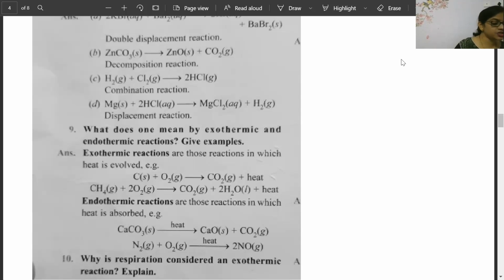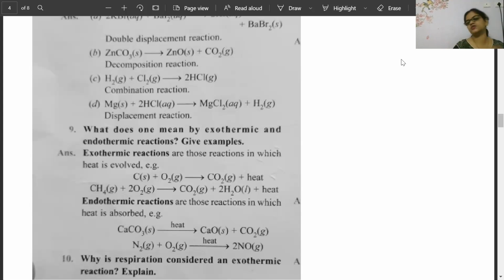Okay, Bhumi: respiration is an exothermic reaction because during respiration, glucose combines with oxygen in the cells of our body to form carbon dioxide and water. Very good, Saranya. Respiration is a process in which oxidation of food particles takes place. Oxygen is utilized to burn the food particles slowly. Carbon dioxide, water and heat energy are the byproducts. Well done. Arvind is telling, respiration is considered as an exothermic reaction because in respiration, oxidation of glucose takes place, which produces a large amount of heat energy. Very good, all of you.